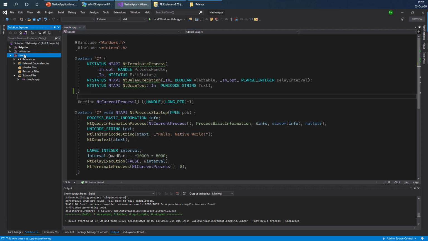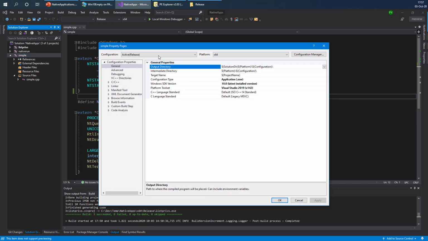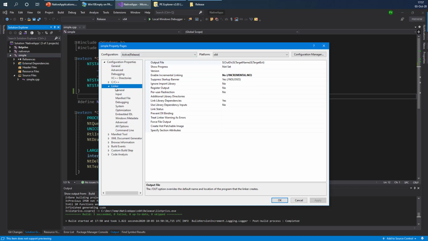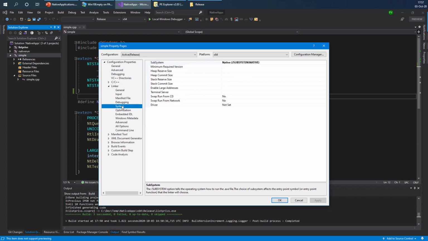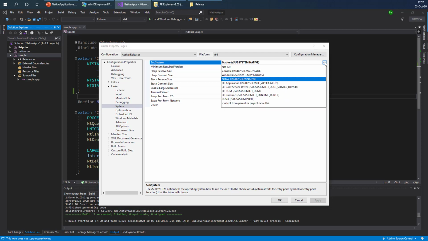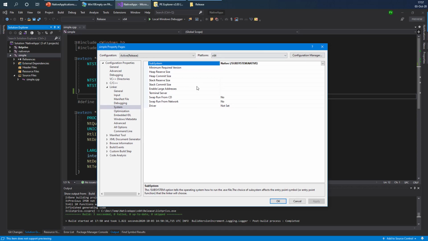Visual Studio doesn't provide a template to write a native application. So we have to actually do some work to make that compile properly and compile without any of these extra dependencies. So the most important thing is going to the Linker tab, in the System option here, and specifying Native. This is not the default. The default is the Windows subsystem. You can see there are several options here, and the default is Windows or Console, depending on whether you're creating an application with a GUI immediately or just a console application. I change that to Native, but that of course is